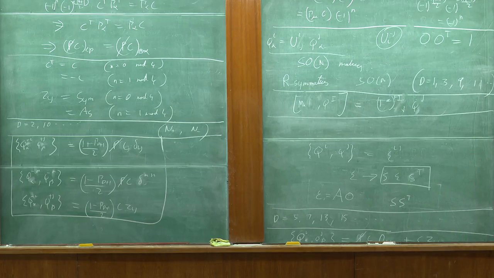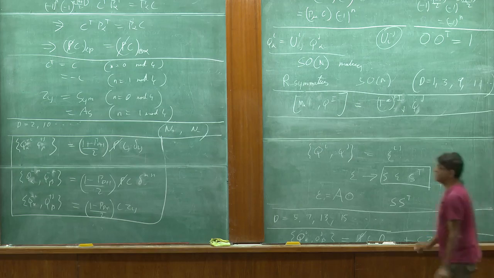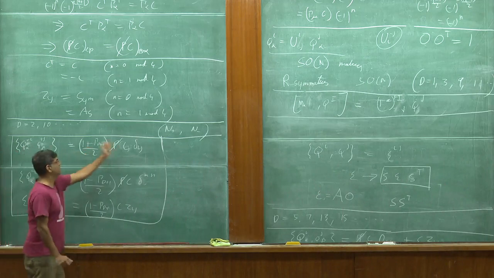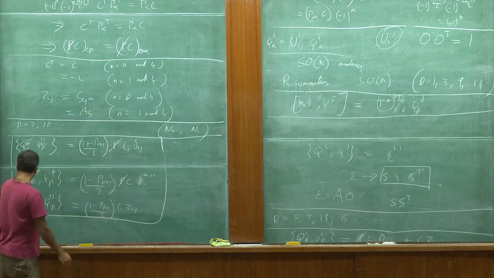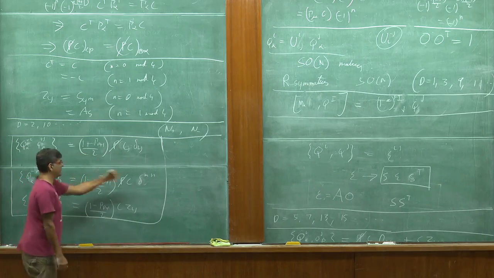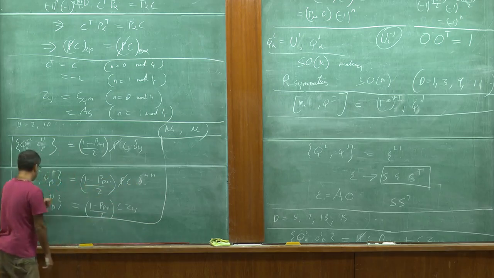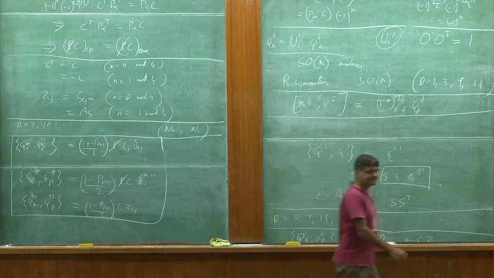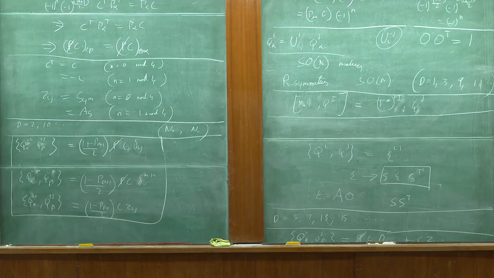Okay, so what does this algebra say? It says that Q plus with Q plus squares to momentum. Q minus with Q minus squares to momentum. Q plus with Q minus squares to potentially a central charge. Okay. Now,